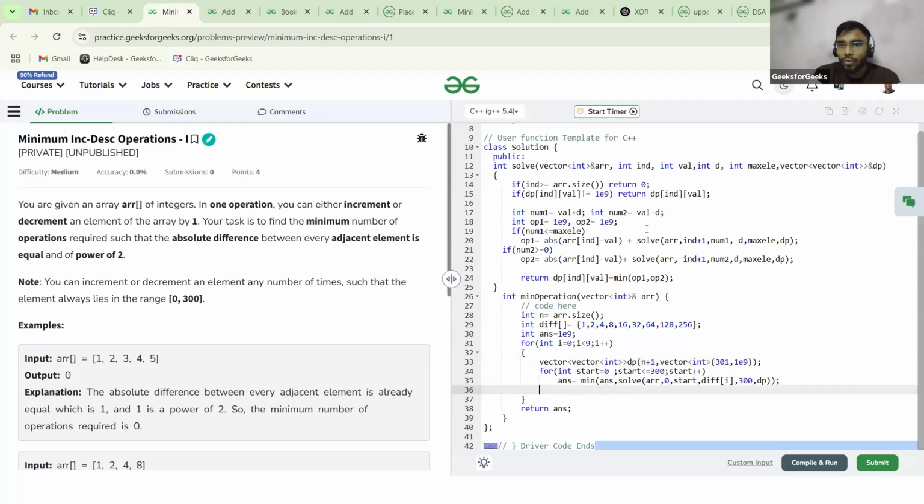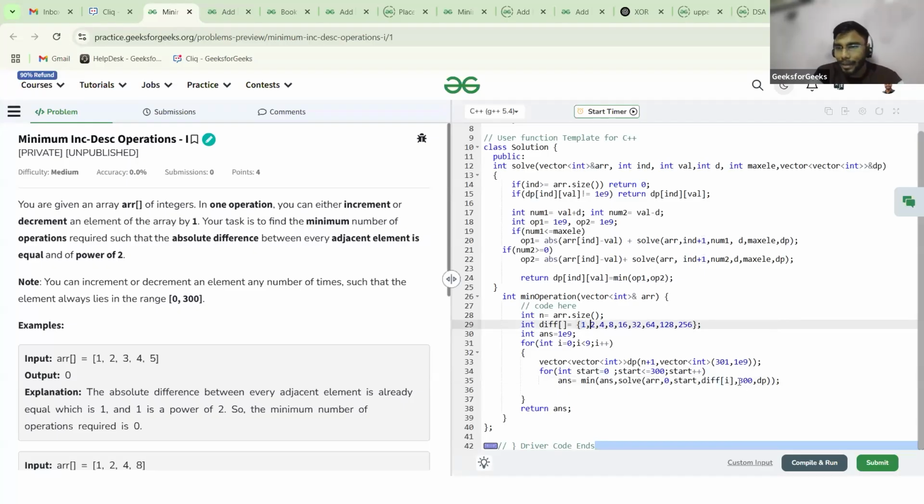Now this solve function has parameters: the array, the index of the array, which is the starting index, the zeroth index. After that, start represents the value from where we are going to start our array index. Now, difference of I means I am exploring the difference as 1, then 2, then 4.